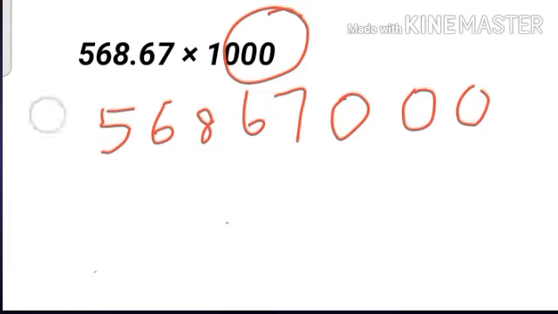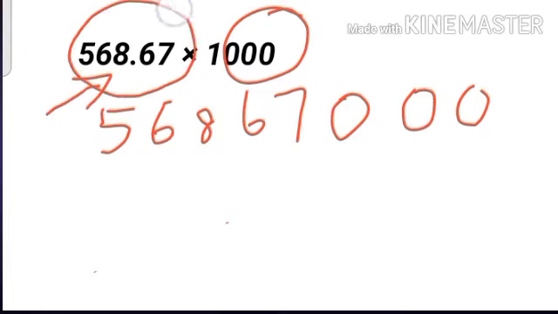Now the next work is we want to keep the decimal place. How many places are there? How many numbers are there in the decimal part? Yes, we have two numbers in the decimal part, 1 and 2. Two digits are there. So you can come here after the two digits, 1, 2. After the two digits, we have to place the decimal point.